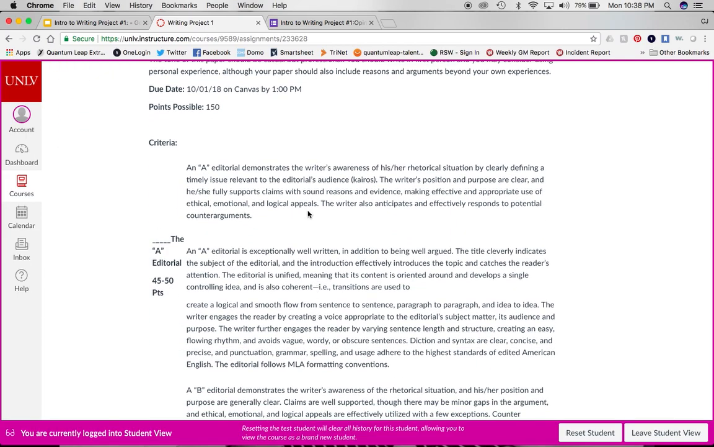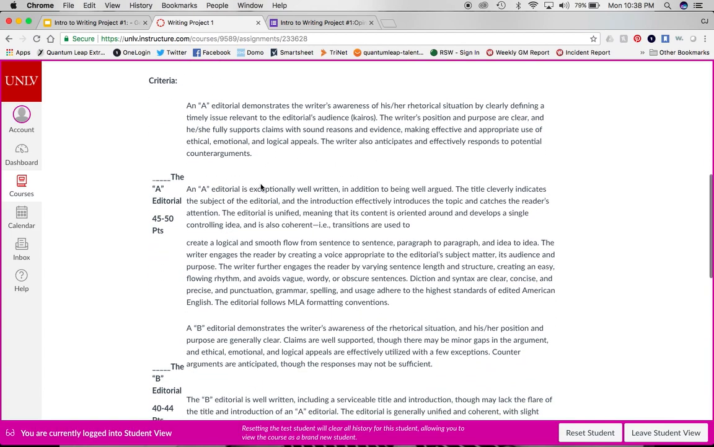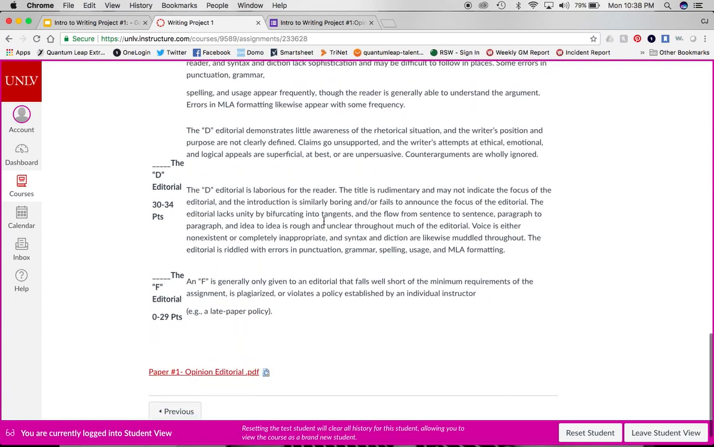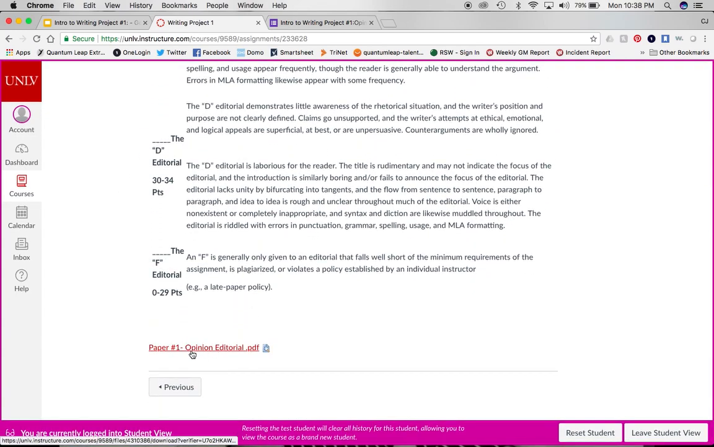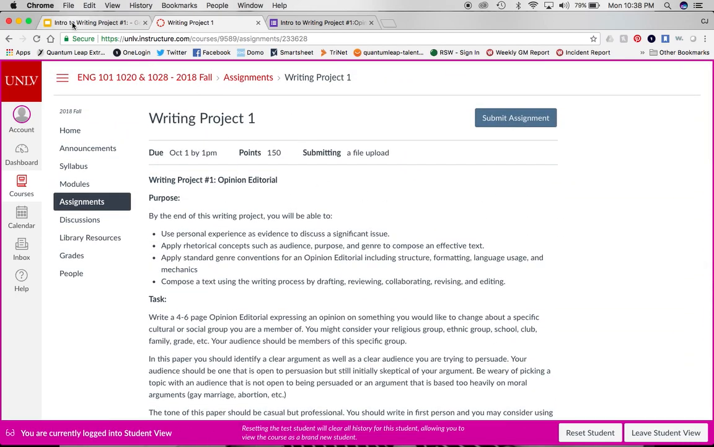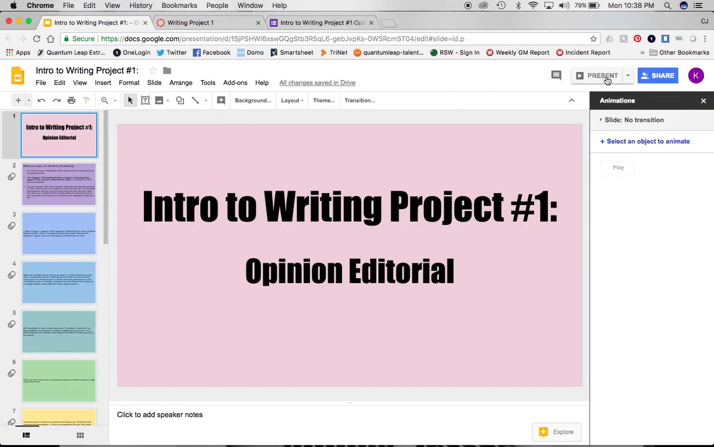If you scroll down, you'll see that there is kind of a breakdown of the criteria, what an A paper looks like, what a B paper looks like, and so on. There's a link here at the bottom. It's a PDF, so the formatting isn't all wonky like it is here in this announcement. So, if we go back to here,